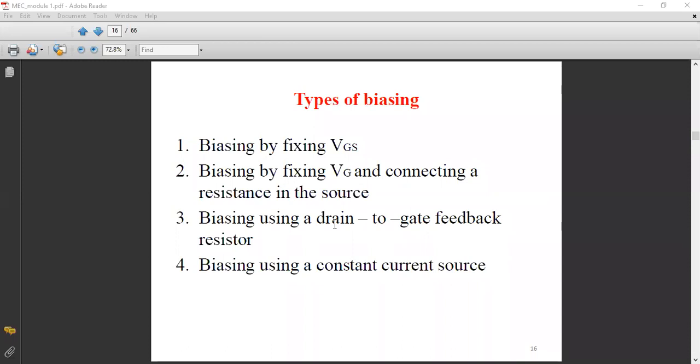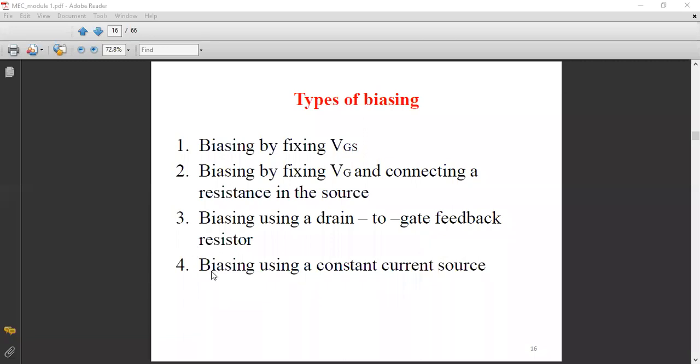And last, by using the constant current source. Out of which the last one is the most effective biasing scheme. Why? Because it will help in fixing a constant current capital I to the MOSFET, but it requires additional circuitry as well. That is a disadvantage or limitation. The hardware complexity is more,